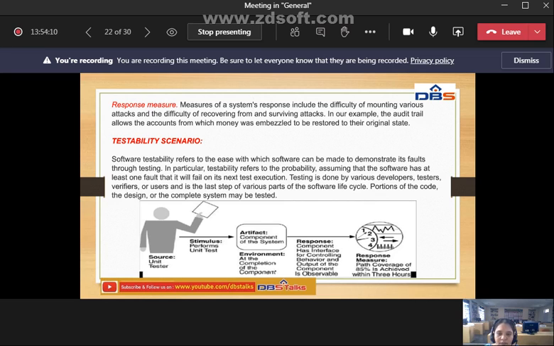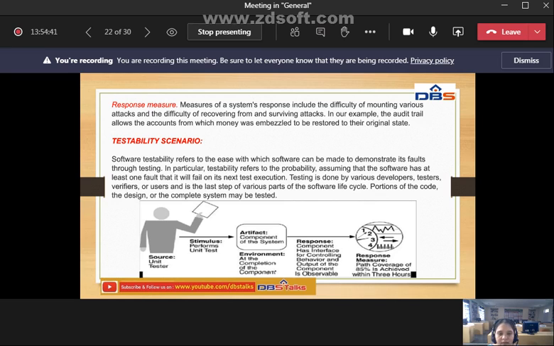Here we have different types of testers: maintenance testers, availability testers, unit testers, performance testers. But here we can see the actor is the unit tester. So what is the stimulus? Performs unit testing. He will perform the unit testing, and what is the artifact? Artifact is nothing but a component of the system.